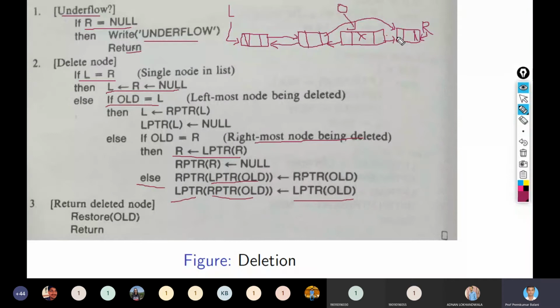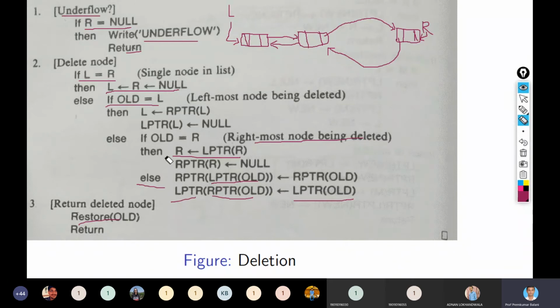So now this would be updated to this one. And at last restore old. So this old will be removed and its link also will go. Okay. So this would be the case. So see, the node is deleted after updating these pointers, right? So in this way we can delete.